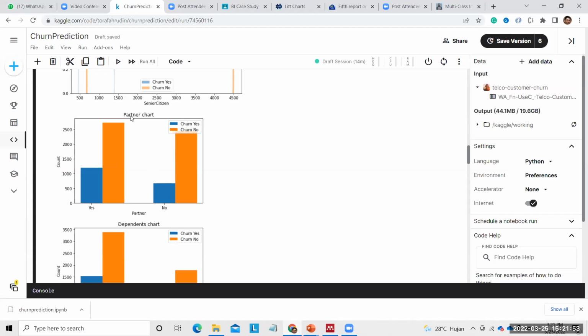If he has a partner, the probability of that customer being gen is higher.